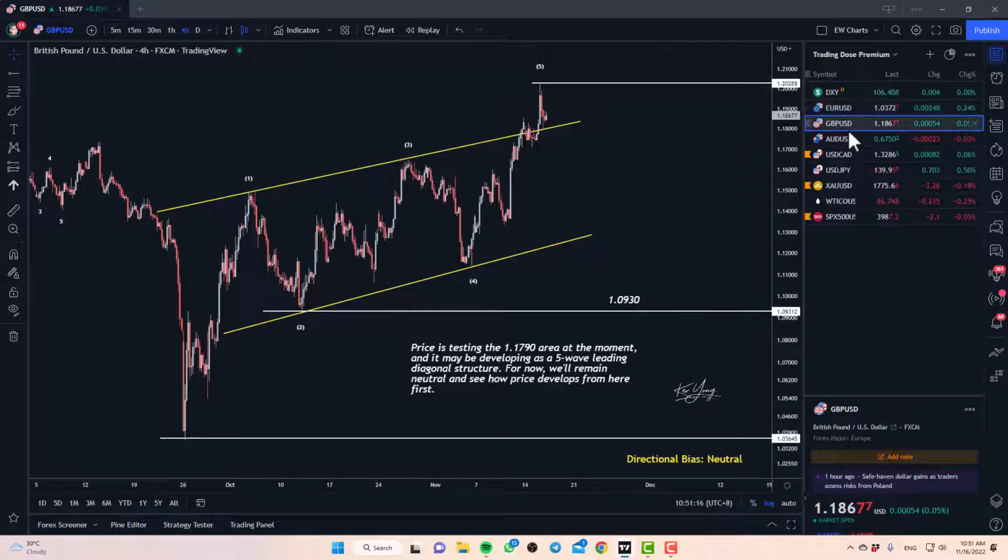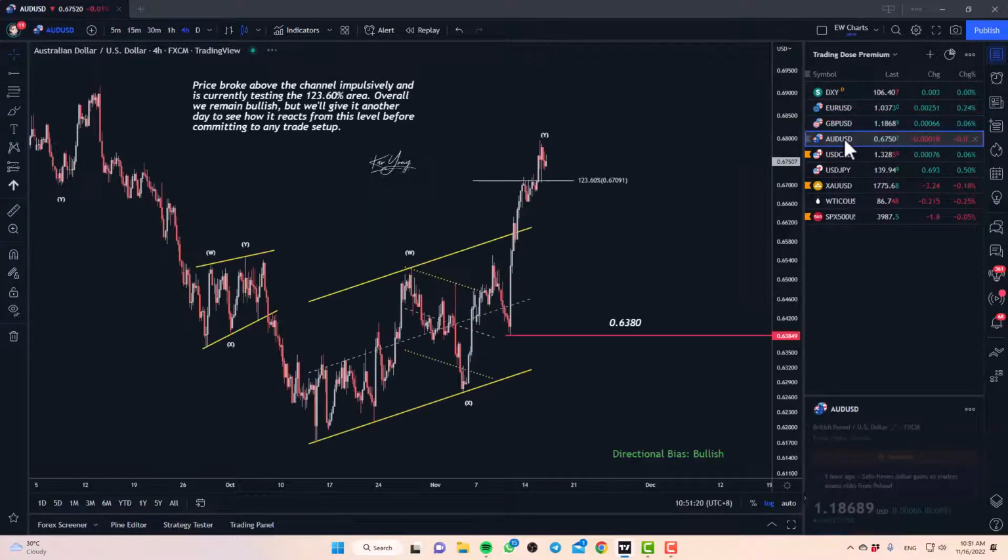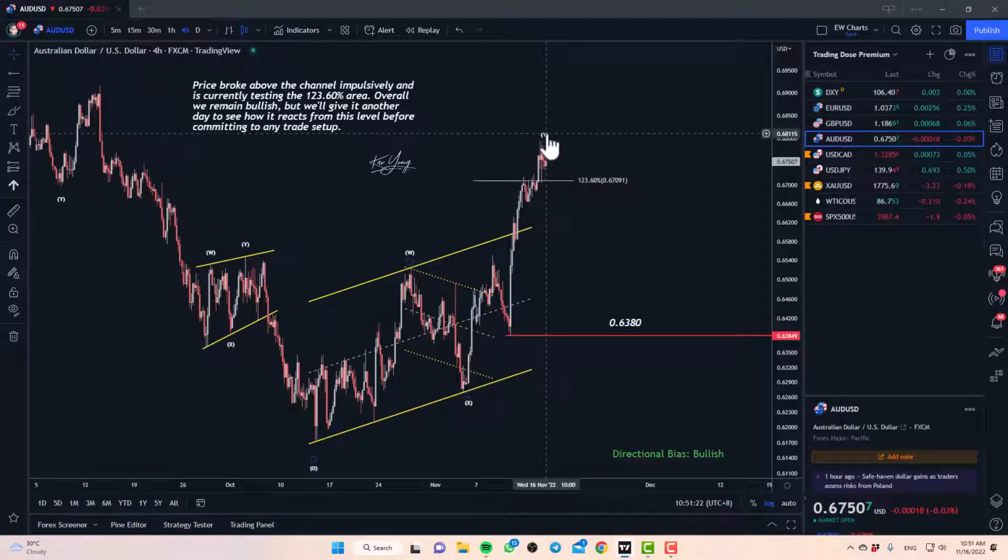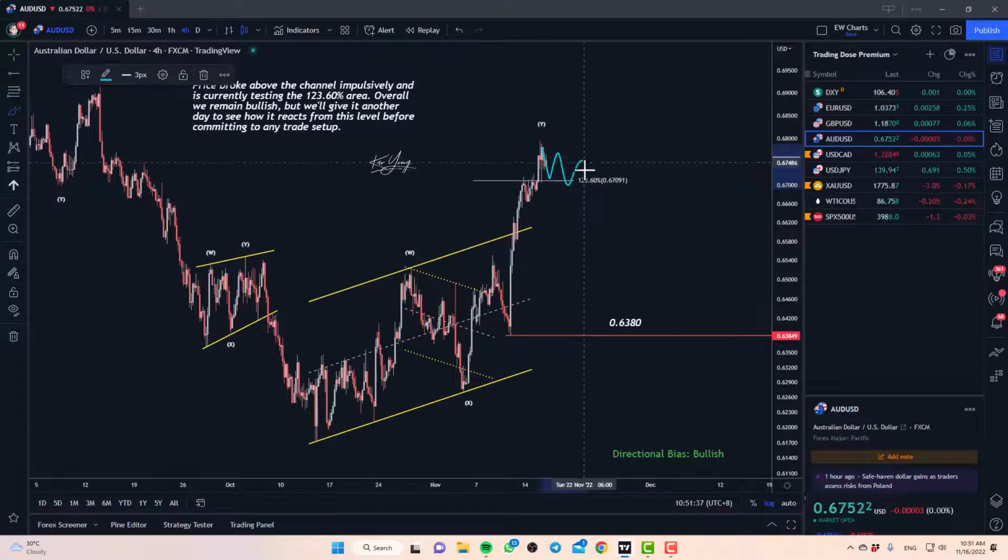Okay, so basically euro and the pound will maintain a rather neutral perspective. Aussie here, to be honest, is quite similar to the chart on euro. However, with Aussie, I'm a little bit to the bull side as compared to the euro. Of course, we also want to wait for that confirmation, which means we want to see at least a decent corrective structure here for a potential buy trade, right? So again, this will probably kick in around late this week or even early next week.